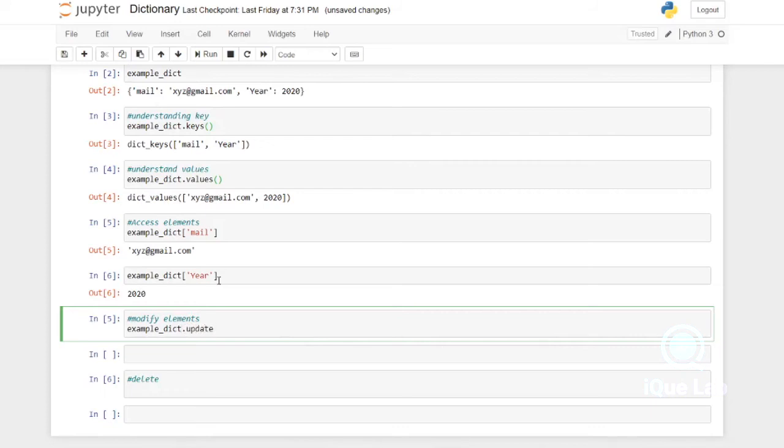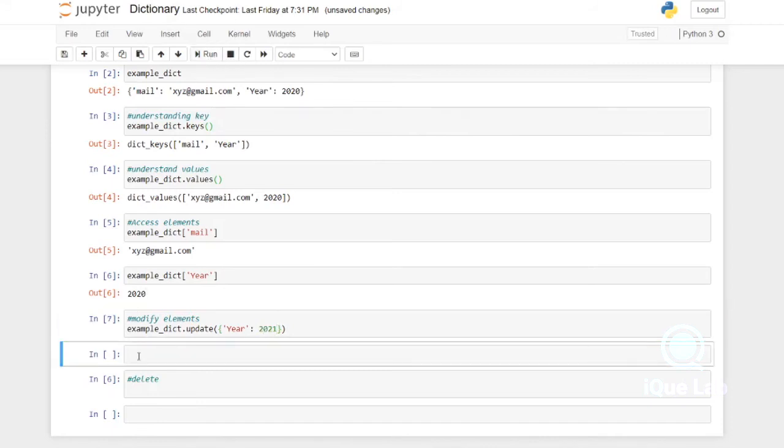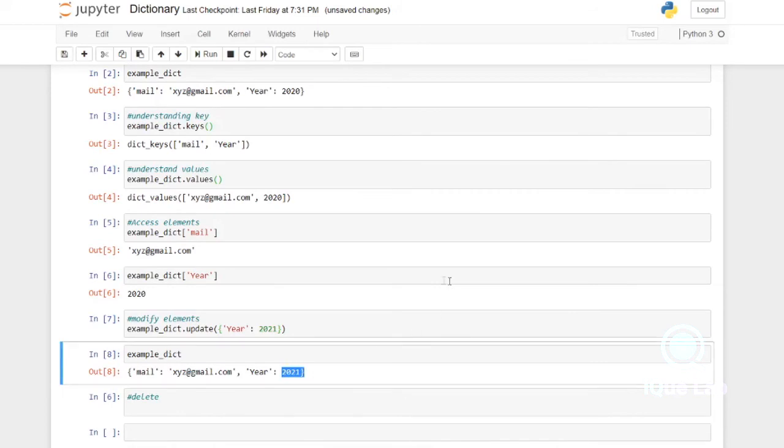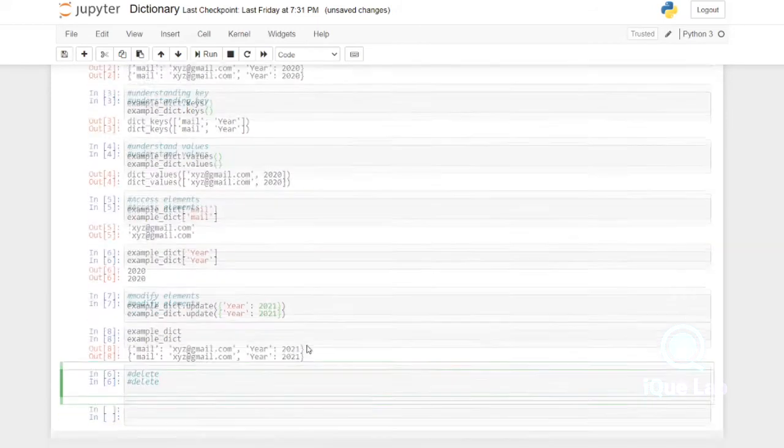Here I just modified the year value to 2021. It's clearly seen from the output that the value is modified from 2020 to 2021.